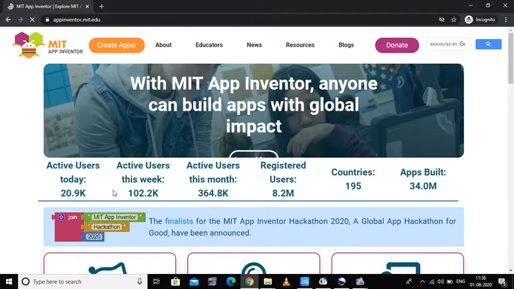You will be directed towards this particular screen. This is the interface where we are going to create our Android applications. For this, you have to click on the Create Application button. So this particular orange button, you have to click here. Just click here. A new window will open